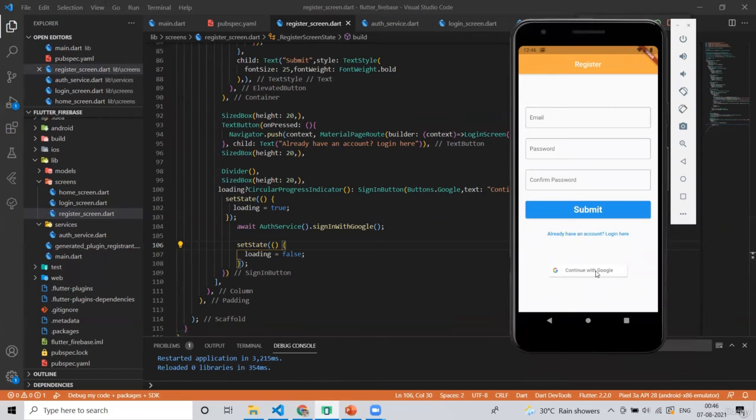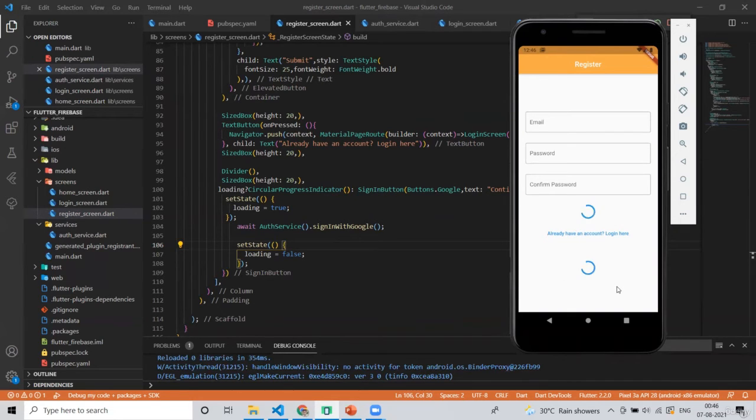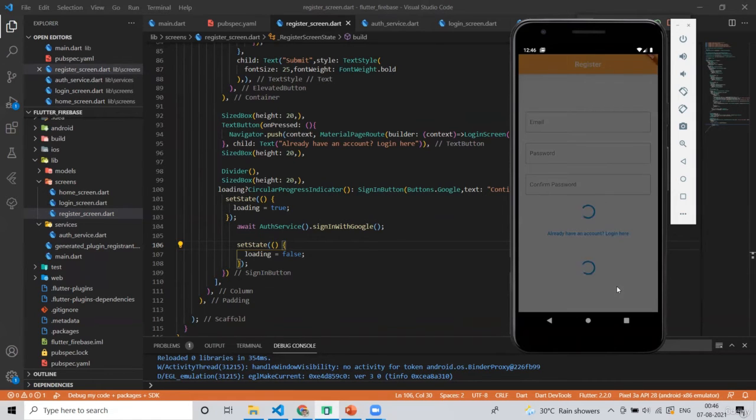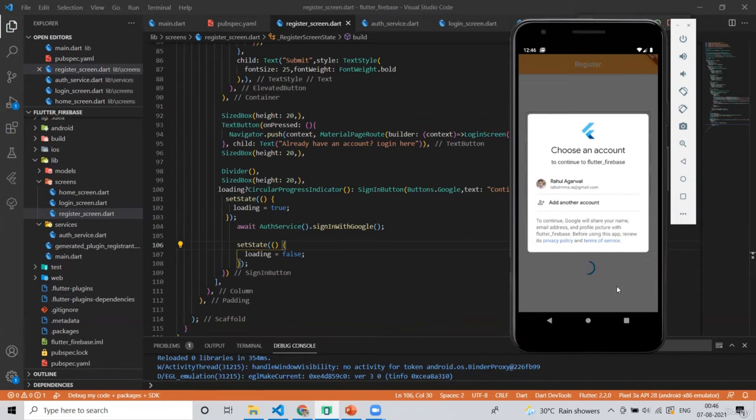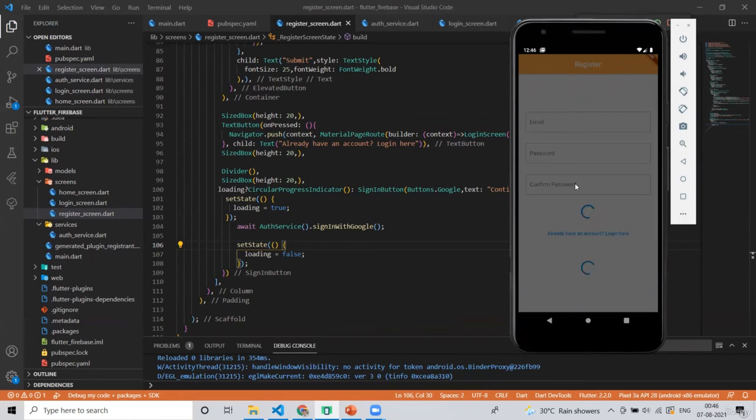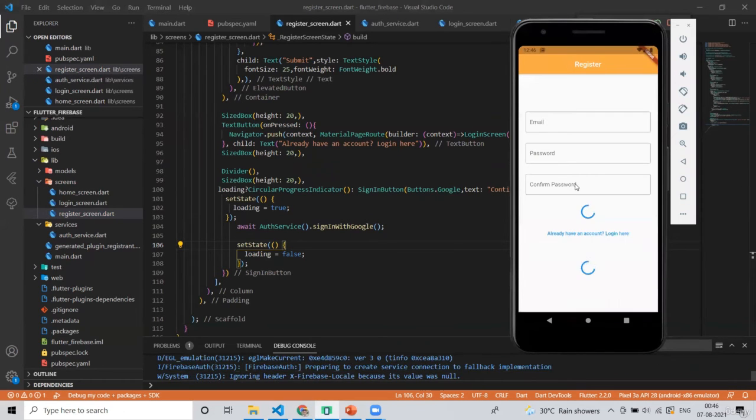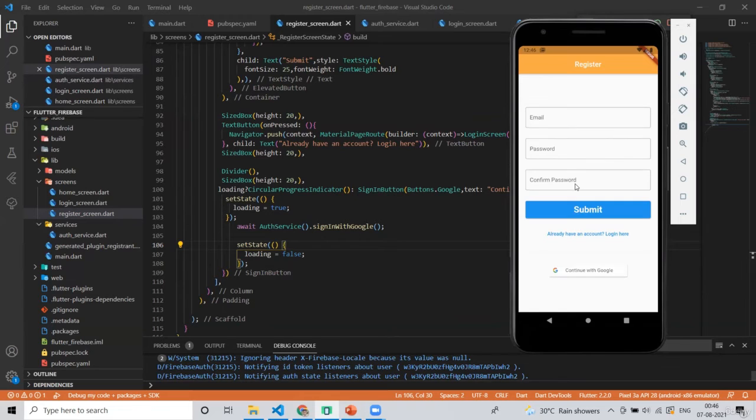Click on the continue with Google button. See, now the pop-up will be shown. Choose an account. I will select my account.